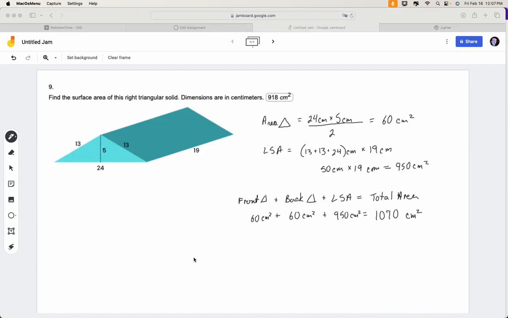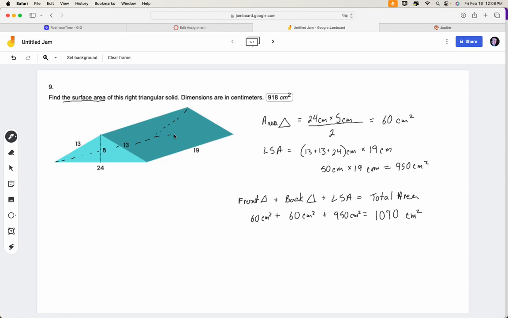Okay, Michaela, on this one where it says find the surface area, when it doesn't say lateral, it means total. So that's what it means. When it says find the surface area, it means find all of the surface area. So that means total surface area. If it only wants you to find the sides, then it will only find the sides. Okay, so we know the surface area here, we know we've got, let me do these internal